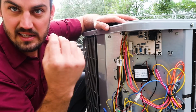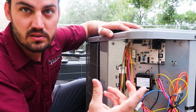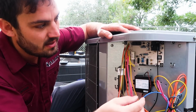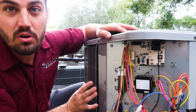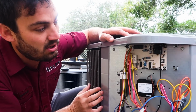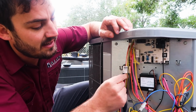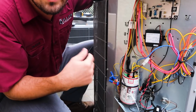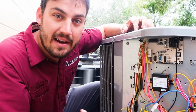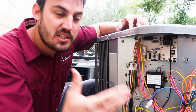When it goes into a defrost, a couple things happen. It sends a 24-volt signal to our reversing valve, switching the cycle from heating to cooling. It's going to shut off the outdoor fan motor to allow the outdoor coil to defrost significantly quicker. And at the same time, we're going to be sending a 24-volt call on our white wire, which will activate our backup heating, or our auxiliary heat strips, to allow the space not to